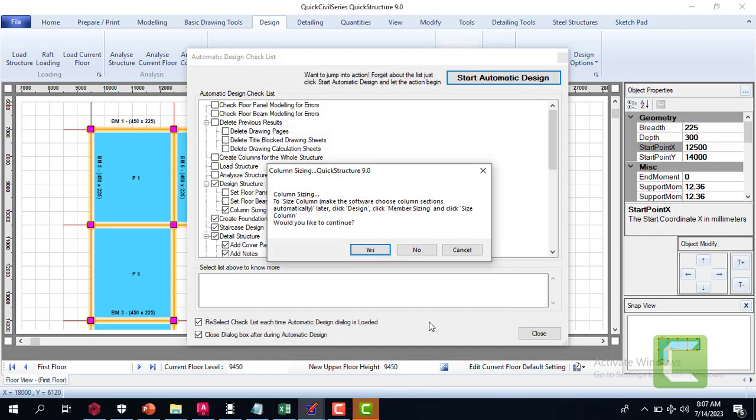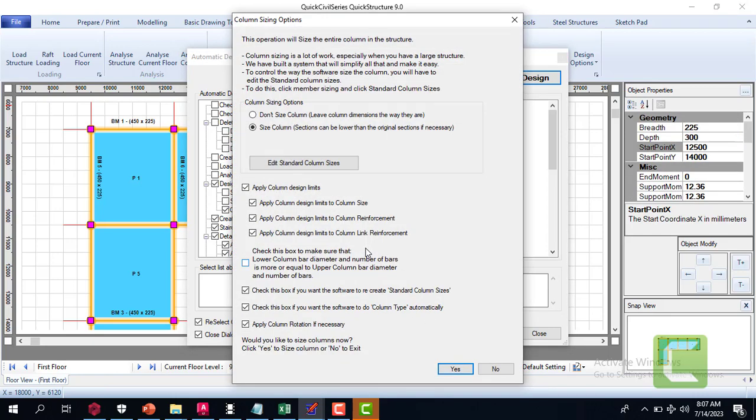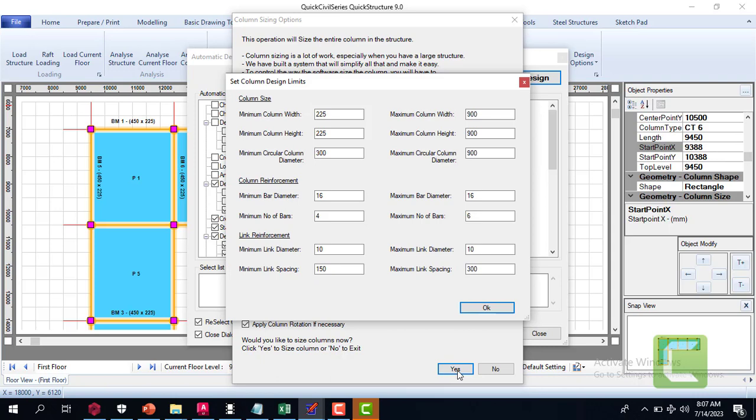So if I click on apply changes and I click on yes, now you can see size column, don't size column. Okay, these are column sizes. Leave column dimension the way they are, so you can actually allow, it's more like what we did for the case of your beam. In this case too, it can resize the column when that particular column cannot resist the load that is acting on it, so it can resize it to probably a higher cross section. So if I click on yes, now I can specify the minimum column width,